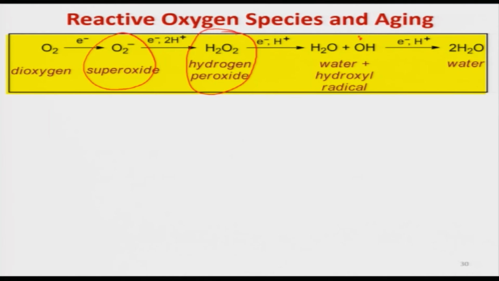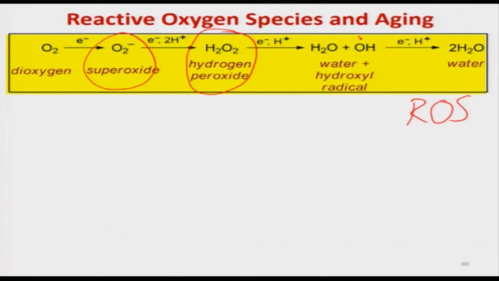So, all these species are highly poisonous for our body and in biological systems. They are called biological poisons, and these are collectively known as reactive oxygen species, ROS,